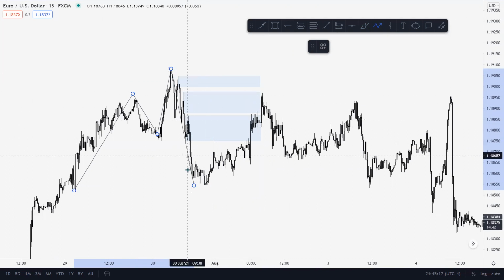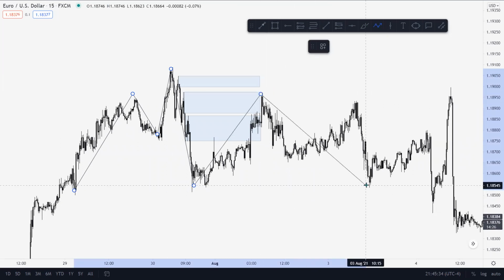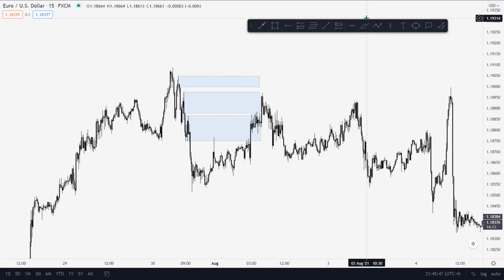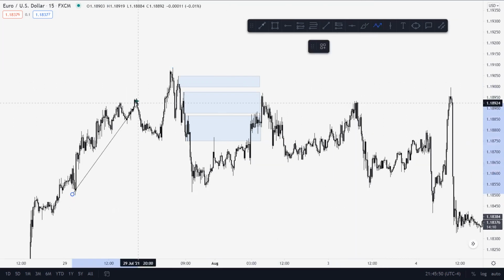Now, this leg, we don't form a new leg until we break this low, right? Did we break this low here? No, but we created equal lows, right? So I'm going to look at it like this. We created these equal lows, right? So now this is a new leg here. This is a leg. And you could also look at it like this. And for illustrating what I'm about to show you, I'm going to look at it like this.